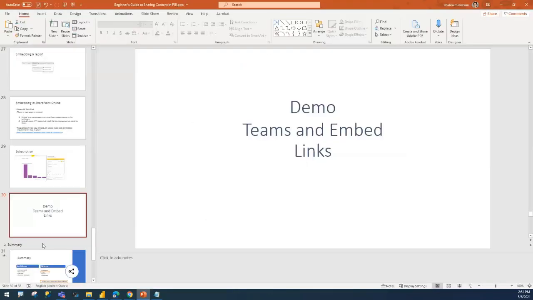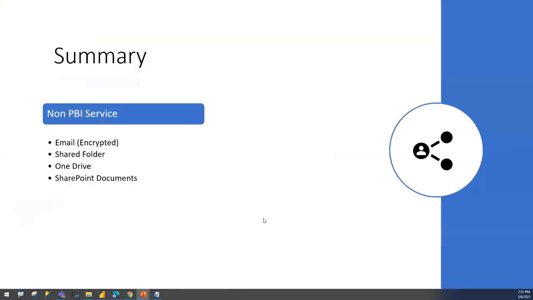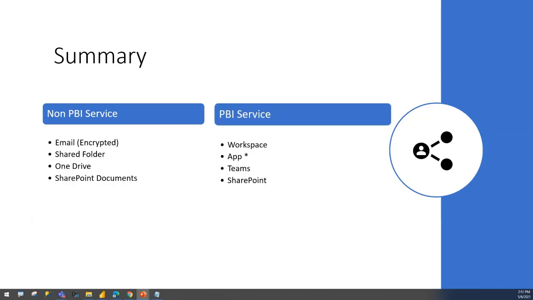So let's go back here and do a quick summary. If you don't have Power BI service and you don't have the report server, you can share the actual files, but you have to pay attention to whether or not they contain data. Otherwise, if they don't have the data, your user needs to have access to the source of it. When you share with the service, the same criteria still apply, but now you have options of sharing out of a workspace. You can create an app, which is the best way. You can embed in Teams, you can embed in SharePoint,